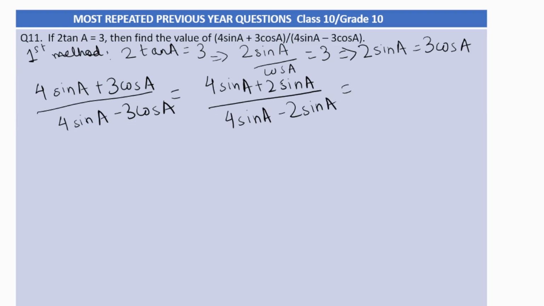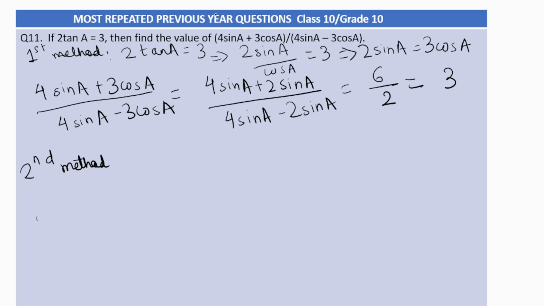So 4 plus 2 is 6 and 4 minus 2 is 2, and sin A will get cancelled from denominator and numerator. So it will be 3, right? That value will be 3. Second method, what I can do, if 2 tan A equal to 3 is given to me now,